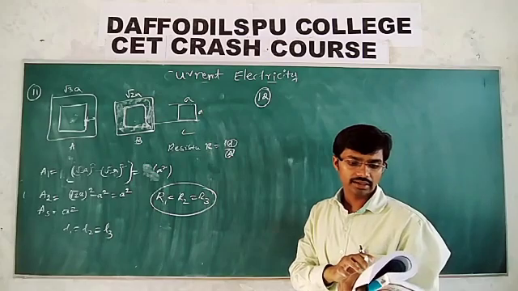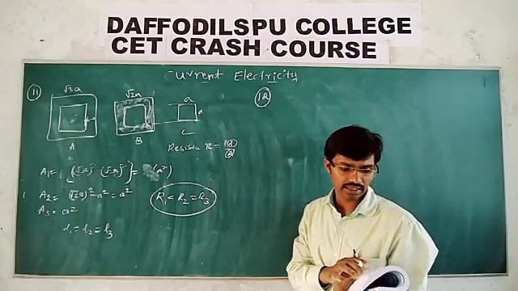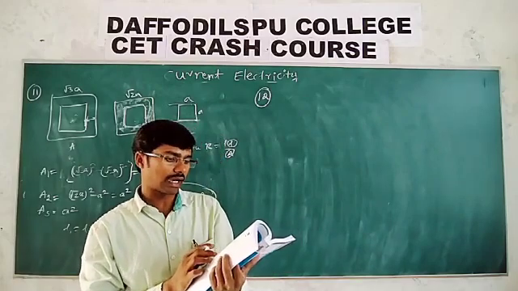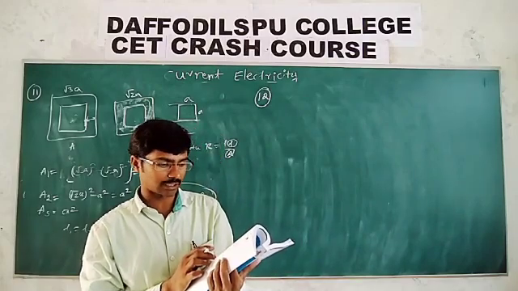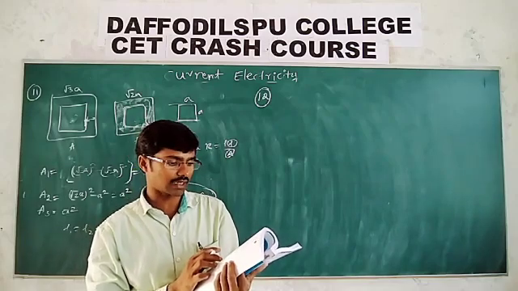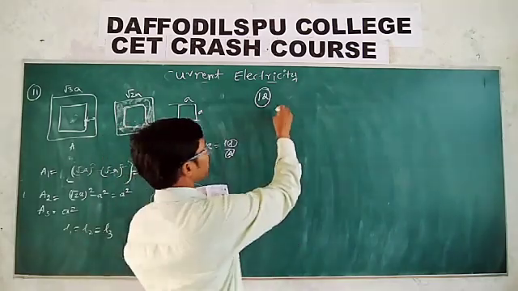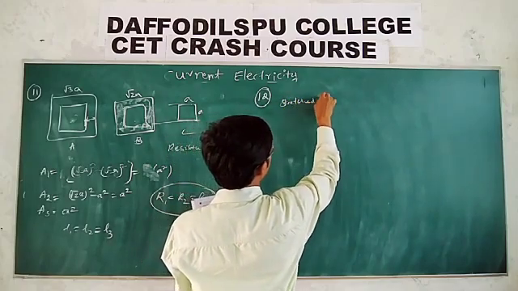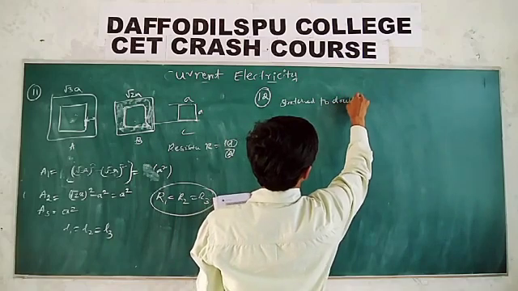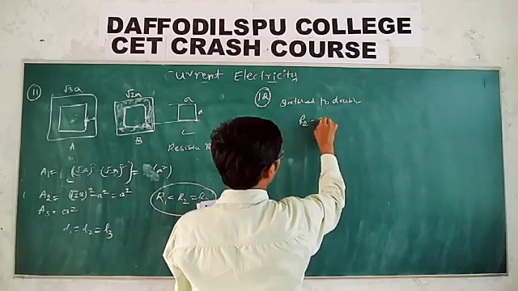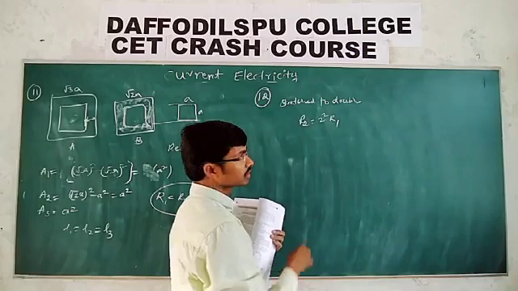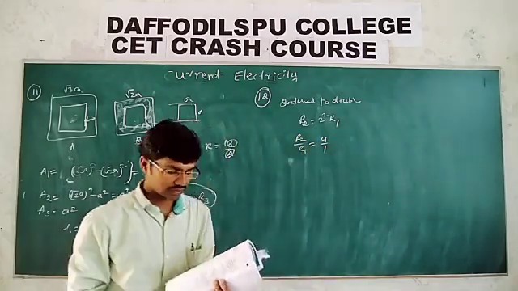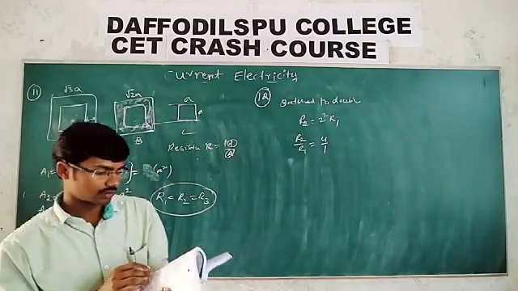A metal wire of circular cross section has resistance R1. The wire is now stretched without breaking so that its length is doubled and the density is assumed to remain the same. If the resistance of the wire now becomes R2, then what is R2 by R1? When the wire is stretched to double, the new resistance R2 is equal to 2 square R1. Then R2 by R1 is equal to 4 by 1, which is 4 is to 1. Third option.